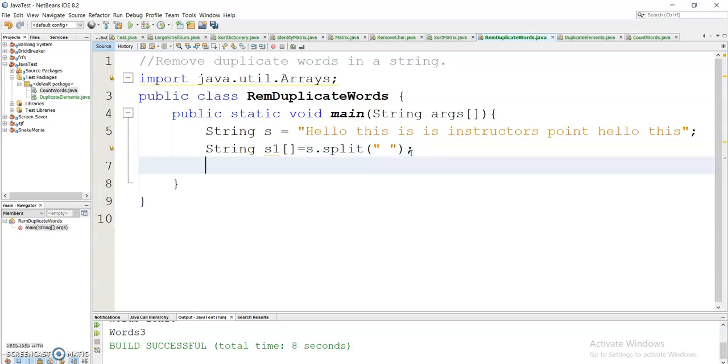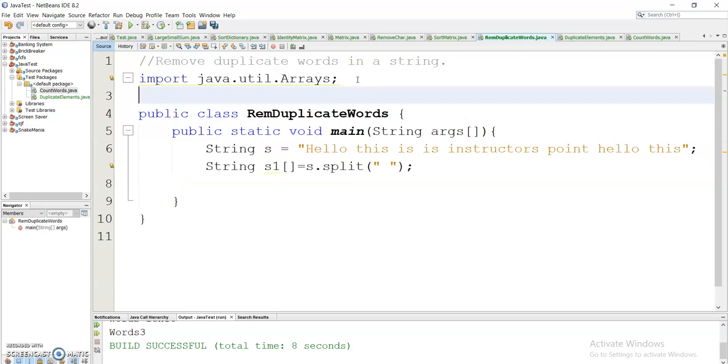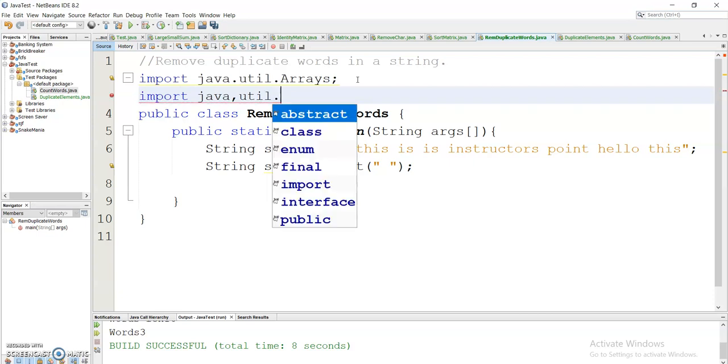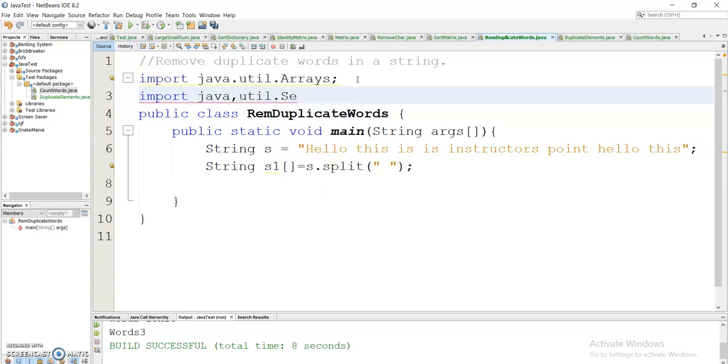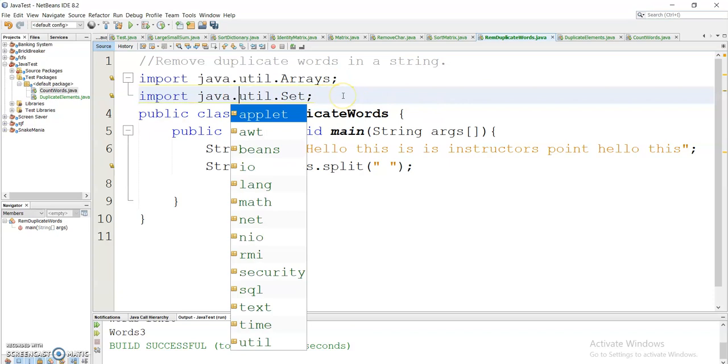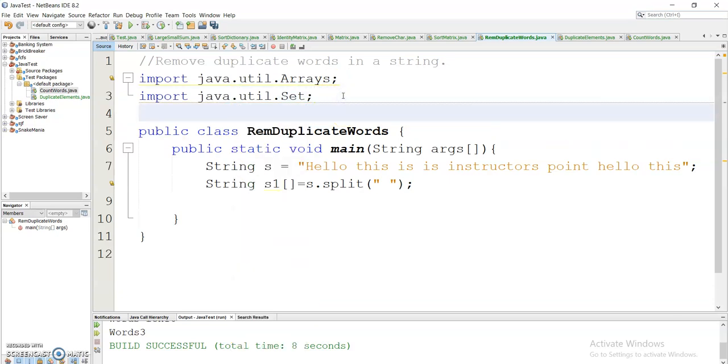The set is stored in java.util.Set, so I will import that: import java.util.Set. I will also import java.util.LinkedHashSet because I will use a hash set.